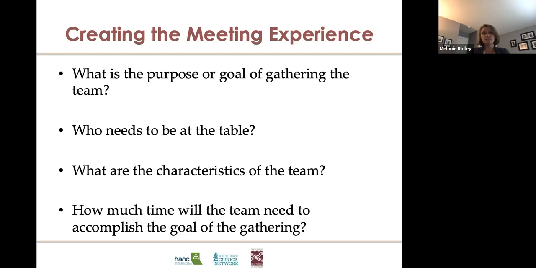Now for another team, they may like to digest information a little bit more slowly. So for that team, you might want to consider sending information out via email on what was learned through the PDSA or what happened, giving them some time to really read through that and think about it, and then gathering. So you really have to be mindful of the characteristics of your team to understand that.